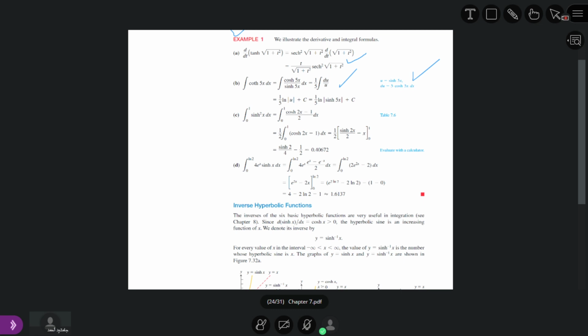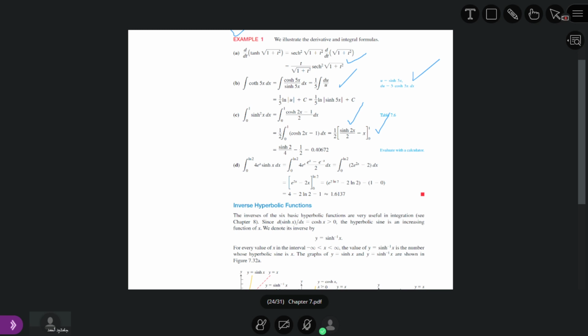That is why you can see we have here sinh 2x divided by 4. What is the antiderivative of 1? It is equal to x. So we have the following antiderivative. First we put the upper limit. What is the upper limit? The upper limit is 1.